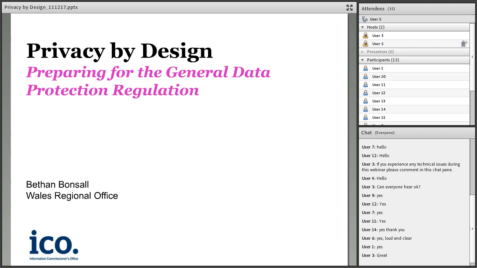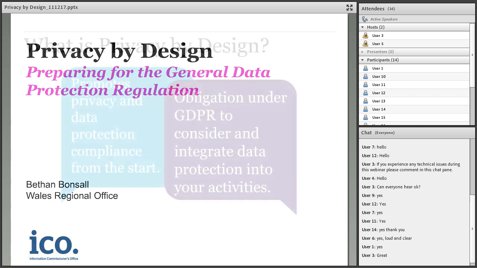personal data. For those of you who don't know, the Information Commissioner's Office regulates, amongst other laws, the current Data Protection Act, which governs how you should handle personal data. The Data Protection Act has been enforced for 19 years, but many of you watching today will be aware that on the 25th of May next year, the Act will be replaced by the General Data Protection Regulation, or the GDPR for short. It's the biggest change to data protection laws in our lifetimes, and whilst privacy by design is important under the current Data Protection Act, it becomes more of an explicit requirement under the GDPR, which is why it's so good that you're joining us this afternoon.